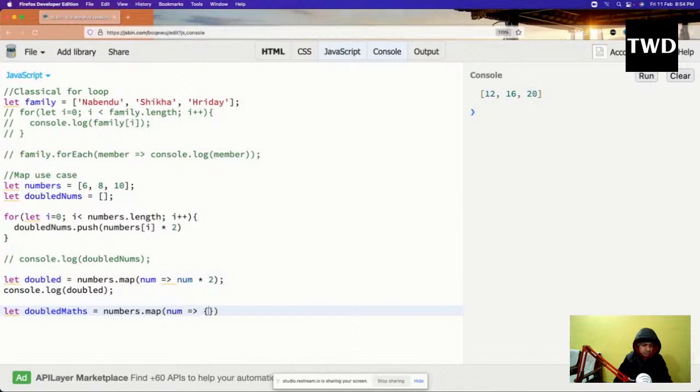Suppose I want to do some more things here. So suppose const tmp equal to num into 2 minus 5, maybe anything I'm doing. So then I have to do the return of tmp, and then